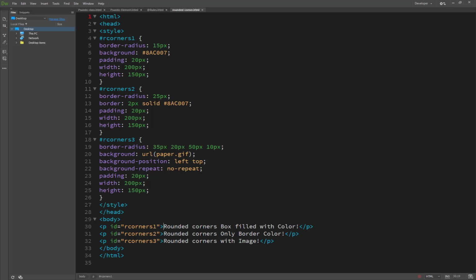Now you will see here I have used the 3 classes. Basically I have set 3 paragraphs. The first one is round corners 1, the second I have just given a user-defined ID, round corners 2, and the third one is round corner. So now you will see in the first one, I have just set border radius to 15